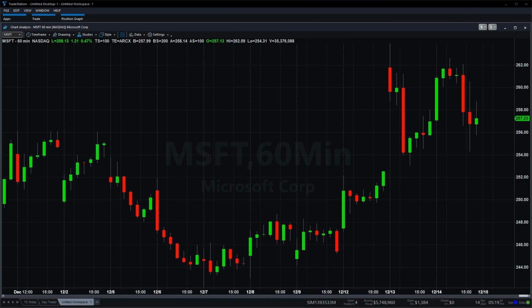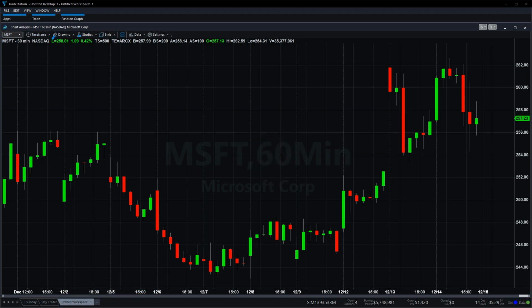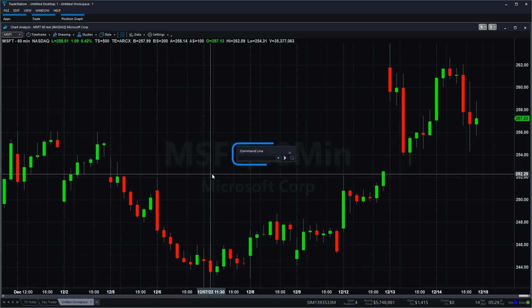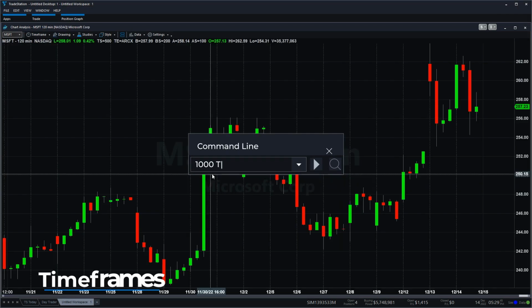The default for charts is time-based. For example, if you have an hourly or 60-minute chart, a new candle will be created at the conclusion of 60 minutes. You can change the time required for each candle by using the time frame button on the chart. You may also change the time frame by typing it into the command line and pressing the Enter key. The command line pops up automatically as soon as you start typing, and you can enter symbols, time frames, or